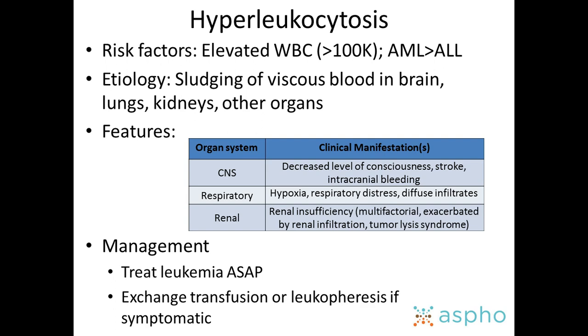renal insufficiency. Typically, these patients are also having some tumor lysis problems, so separating out which is due to hyperleukocytosis and which is due to tumor lysis can be a challenge. The management is to treat the leukemia as soon as possible, so make a diagnosis and get definitive treatment as soon as possible. In patients that present with symptoms in any of these organ systems, it is recommended to do